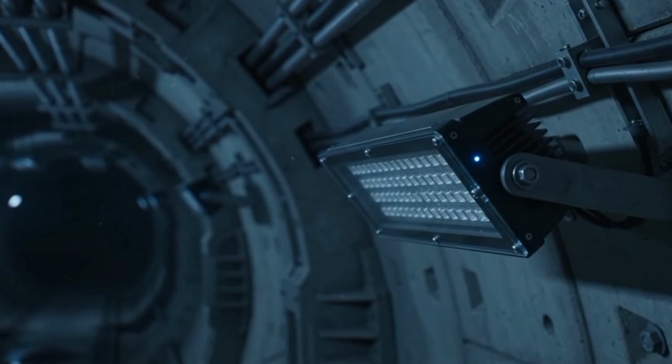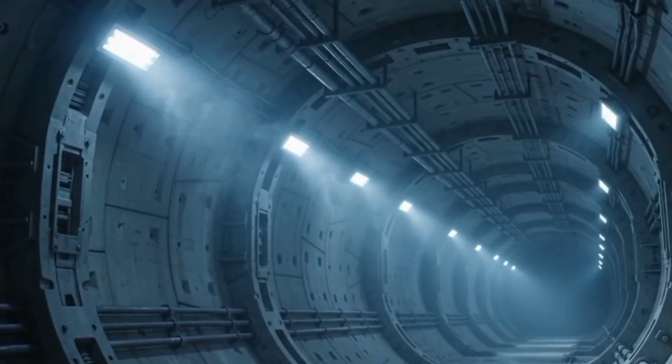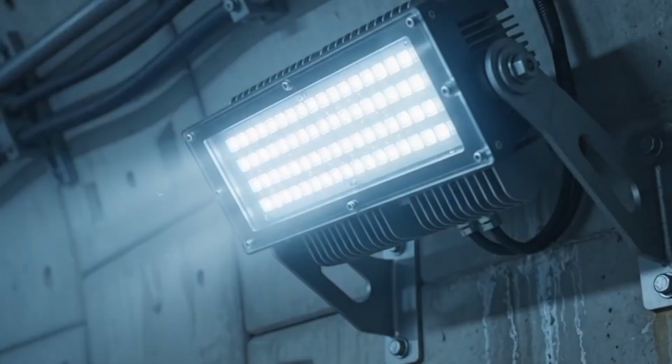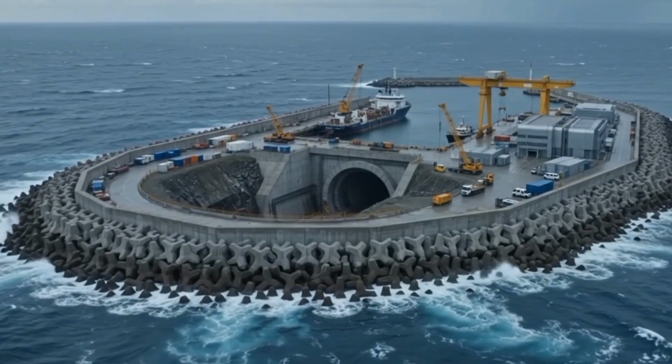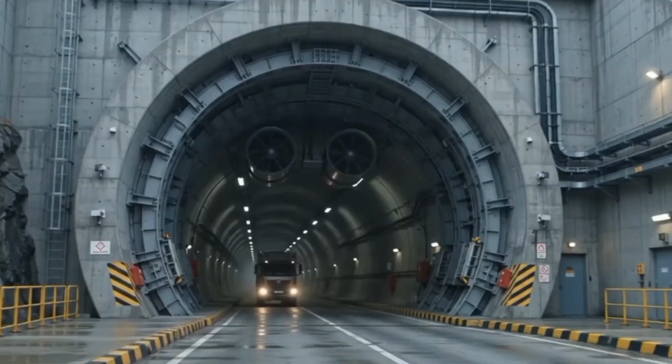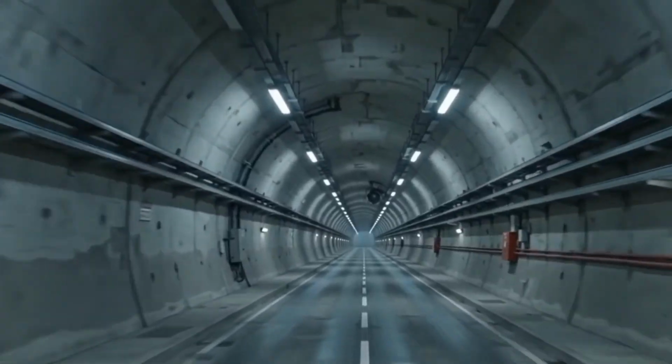Deep beneath the ocean floor, a network of light awakens. At the center of this vast expanse lies a marvel of modern engineering, a man-made island serving as the gateway to a subsea tunnel. To withstand the